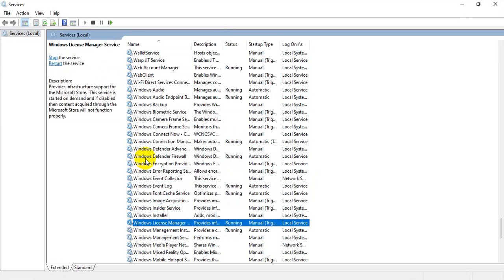Windows License Manager, and right button click for Properties,